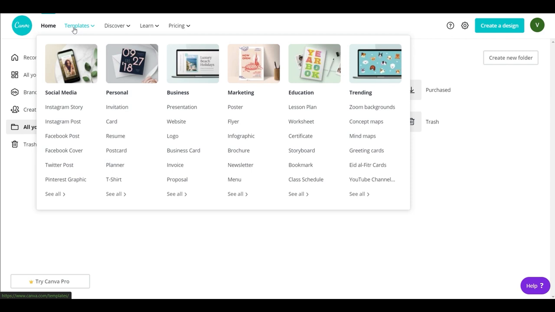And it is useful for business people. You can create a presentation, a website's back cover, as well as a logo, business card, and stuff like that. And education people can make good use of this software, because you can create a presentation for your students, or even certificates that you are printing in your institutions like schools and colleges. You can make use of this and create a design from it.